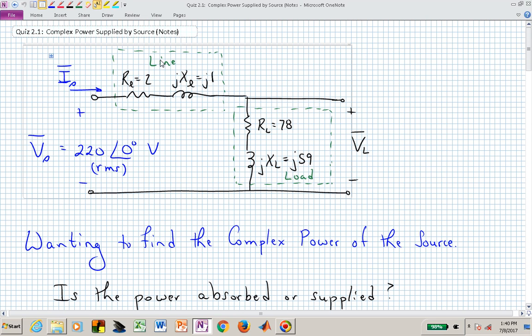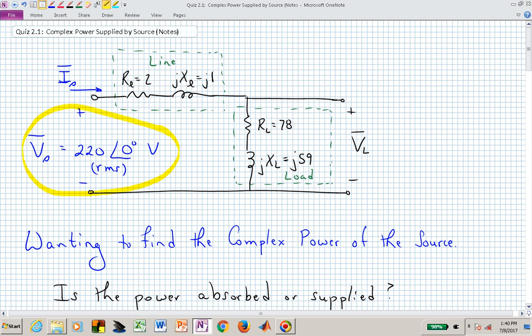Welcome back. In this video, what I want to talk about is the complex power that's actually supplied by the source. In this case, this is our source that we're investigating. And maybe you recognize this circuit. We've actually seen it before, but here I'm allowing for the different elements to be already identified, and we have